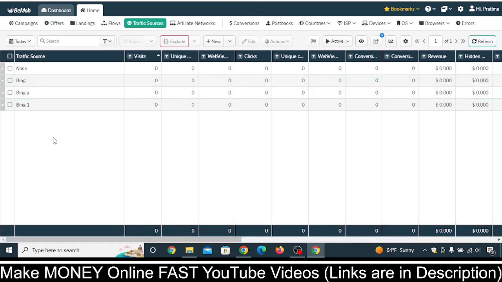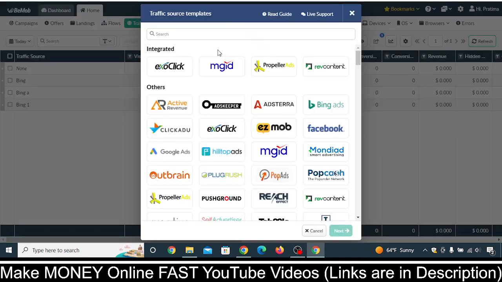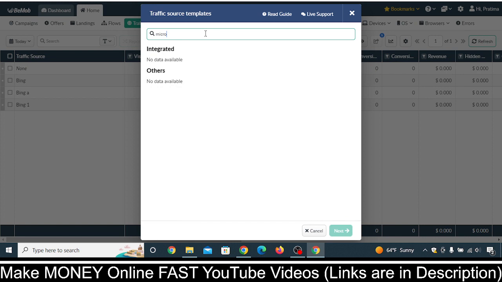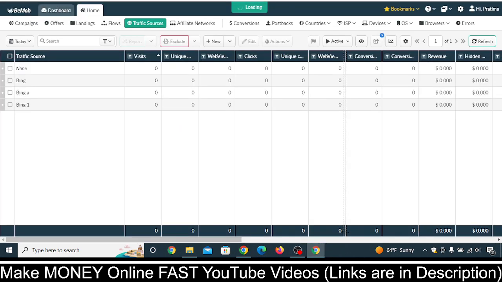and our traffic source is going to be Bing Ads, that is Microsoft Ads. So if you already have set up Microsoft Ad Bing here, then you don't need to change it again. But if you are new, then again just click on this drop down, click on add new from template, and then type Bing, not Microsoft, okay? If you type Microsoft, it will show nothing. So just type Bing, click on it, click on next,